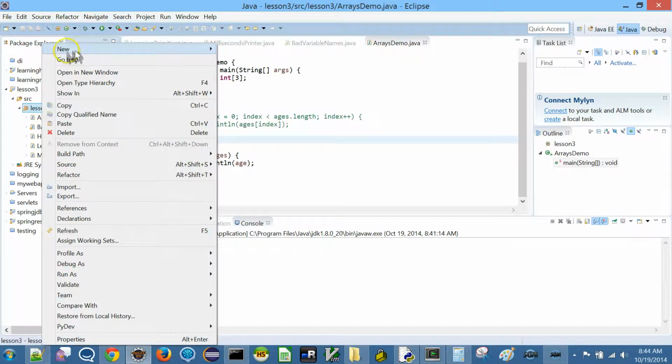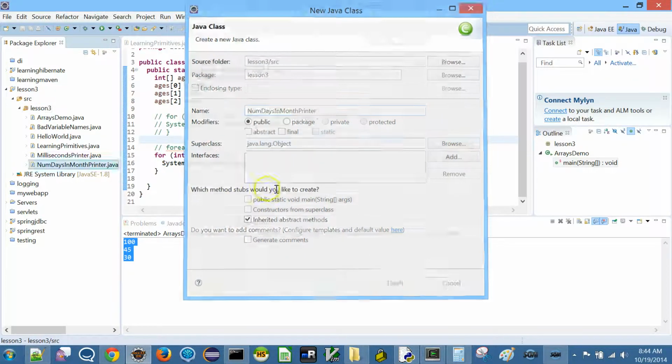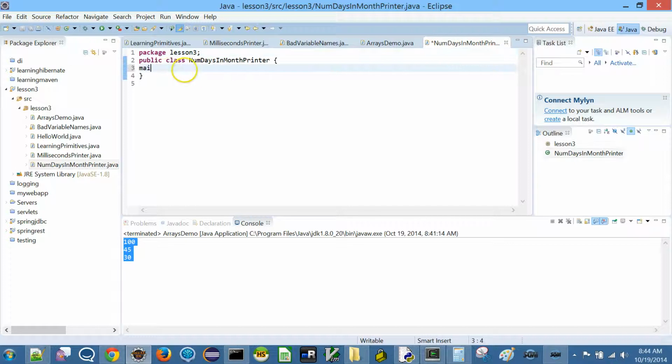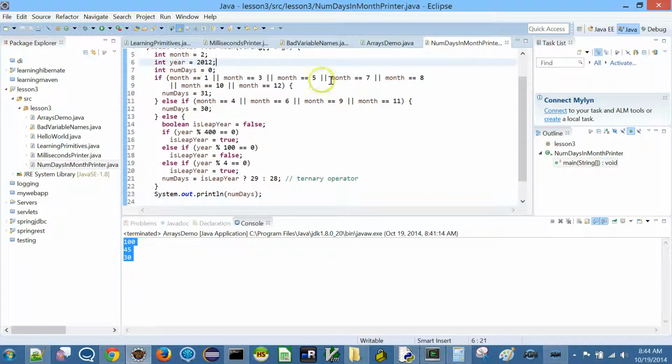Let's say a new class NumDaysInMonthPrinter. Whenever I am naming my classes, I always start with uppercase, but for variables, you begin with lowercase and then use camel casing. So I'm going to say main and paste this here.